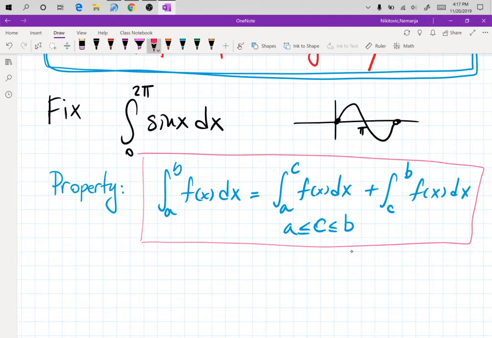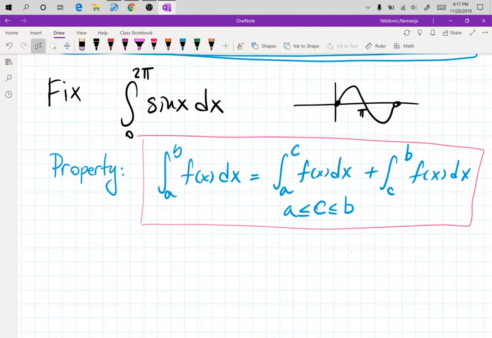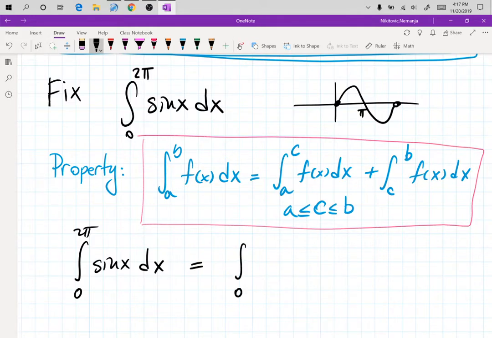Now, this property will be back in Calc 2 and later on. So now, this property allows me to take my sine function and break it into the integral of 0 to pi sine x dx plus the absolute value, as Mel noted,